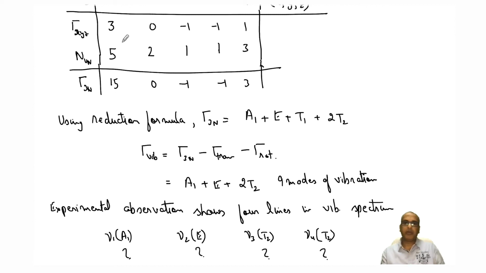So meanwhile, try to practice. Take different molecules and see if you can get to this stage of finding the IR representations corresponding to tau vibrational. Pick up any given molecule for which we have done previous calculations, like BF3, NO3, or take an octahedral molecule, take any big molecule, and see if you are able to get it, and then find out if it matches the theoretical description of the vibrational spectrum. Okay, that is all for today. Next class, we'll see how to visualize these vibrational modes. Thank you.